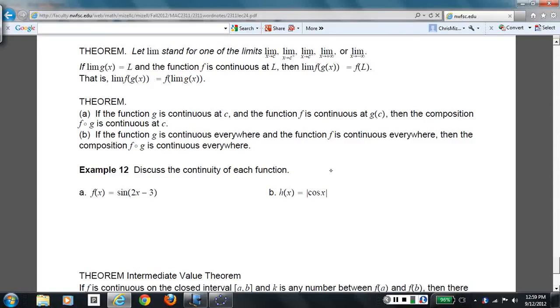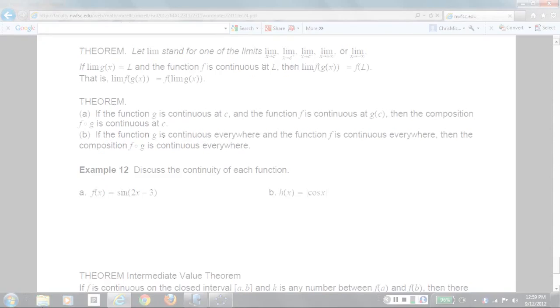Discuss the continuity of each function. Well, basically, we just want to observe that we're dealing with two functions that are both continuous on their entire domains, and we're taking the composition of those functions. So if we look at 12 here,